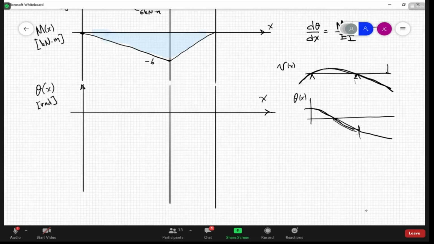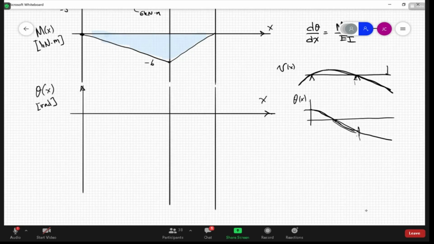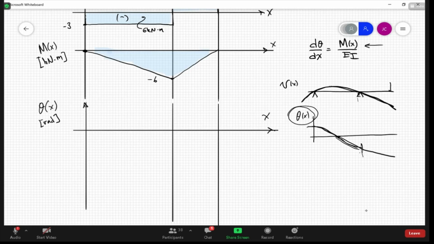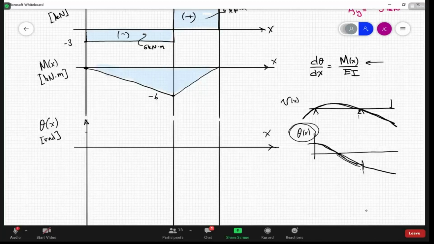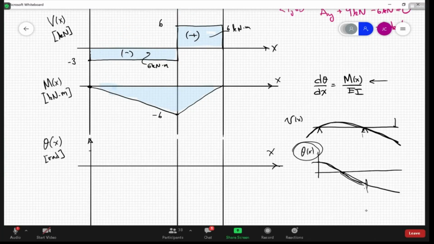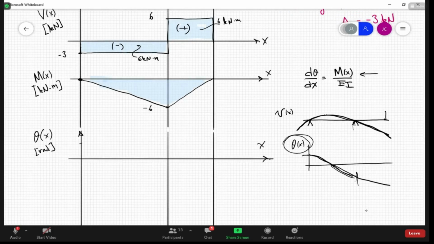So we don't know what the slope is here, at this endpoint, because that's part of the integration constant. And it's going to go 0 somewhere, which again, we don't know. But if we were to look at this region,